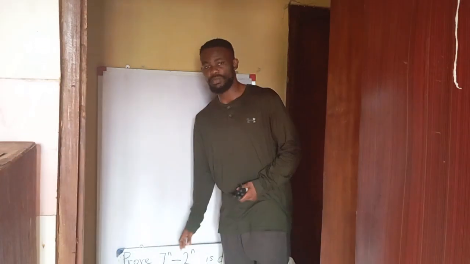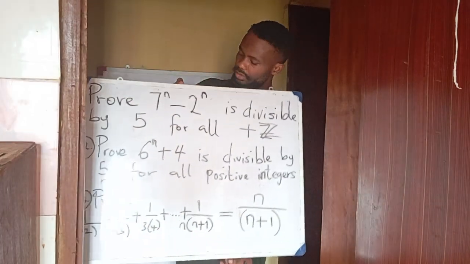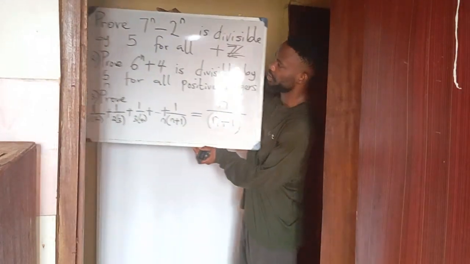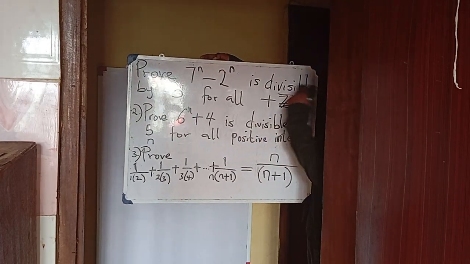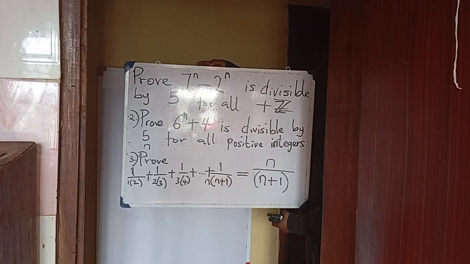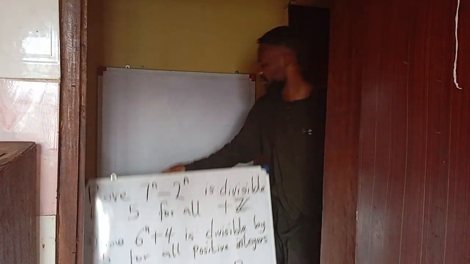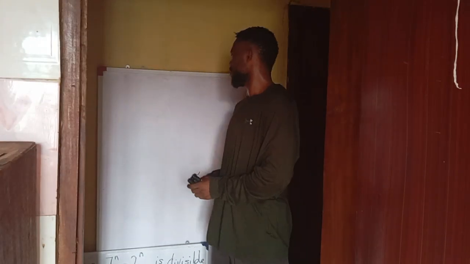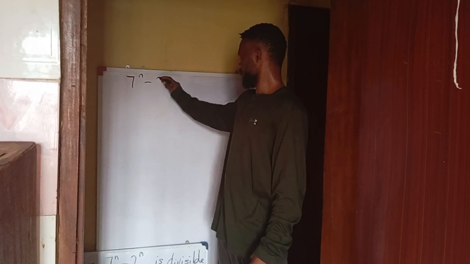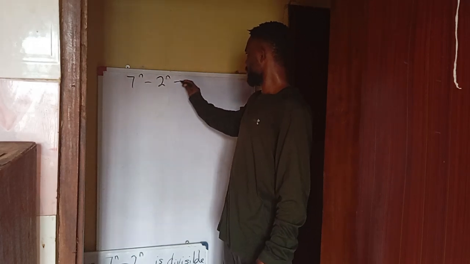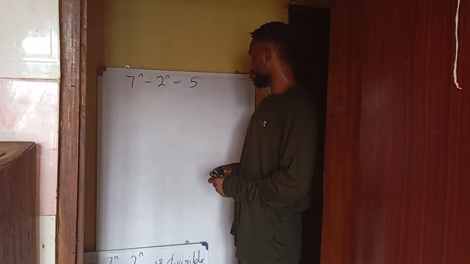Today we are going to be treating mathematical induction, and here with me we have a question that says: prove that 7 raised to the power n minus 2n is divisible by 5 for all positive integers. So this is the question. They said that we should prove that 7 raised to the power n minus 2 raised to the power n is divisible by 5 for all